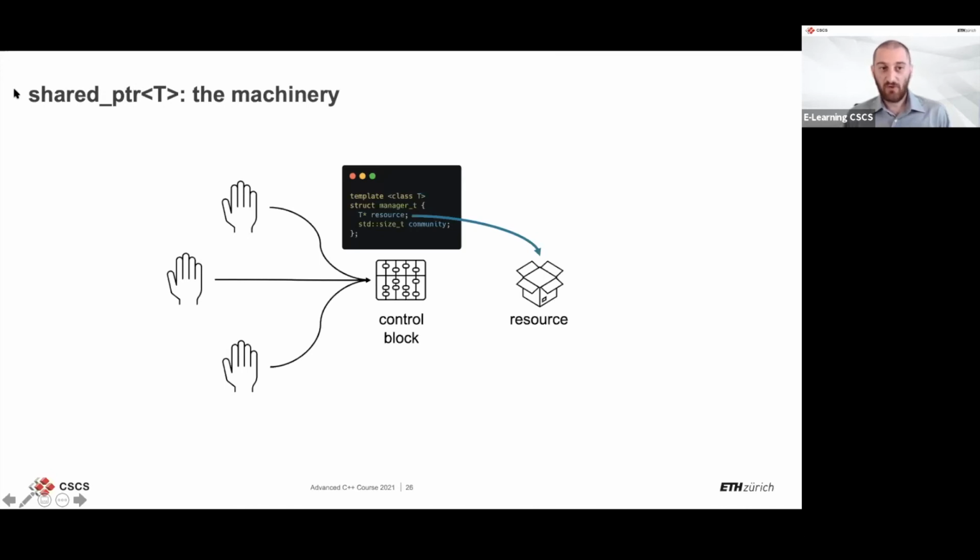As we said before, for unique pointer, the language was enough, but for the shared pointer, there is machinery behind. I think this snippet is not really viewable, but just to report what is written there: there is a raw pointer to the resource, and there is a counter that I called community, which is just a counter of how many shared pointers there are, how many users of this resource there are. And this control block